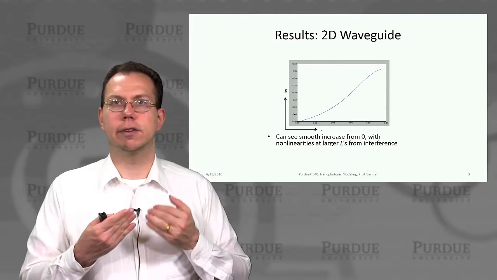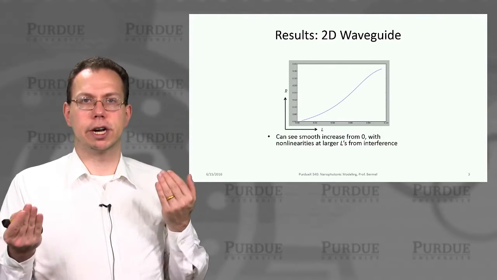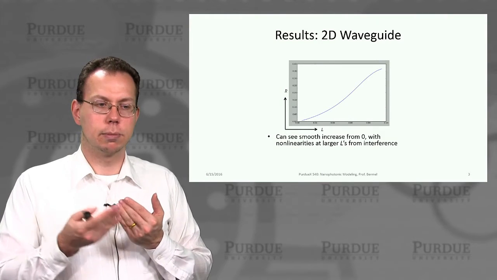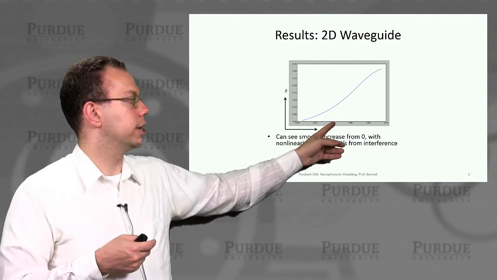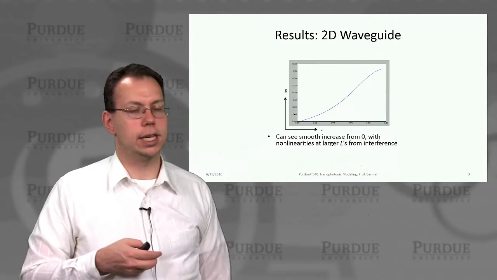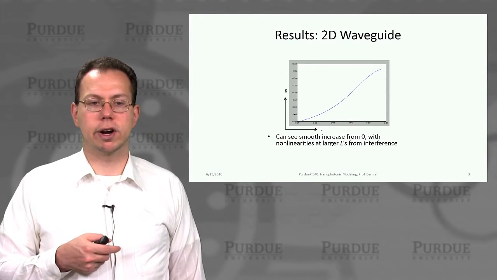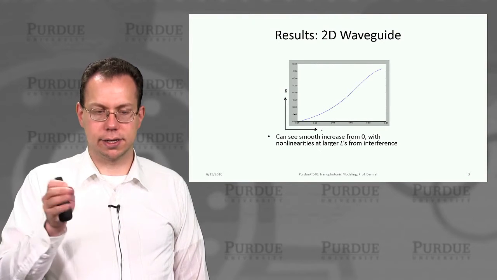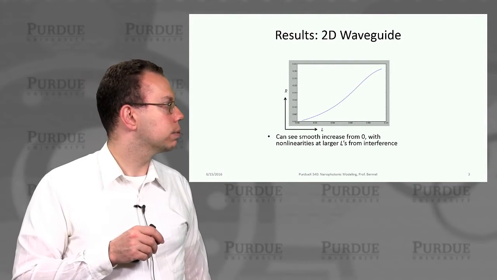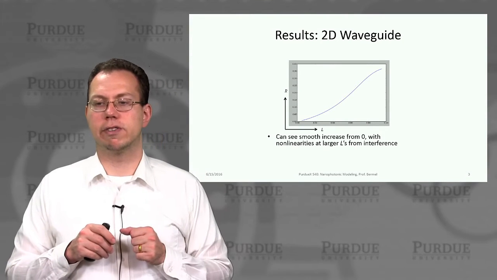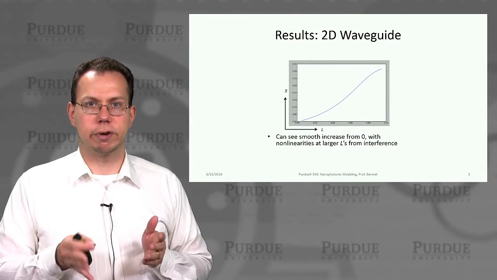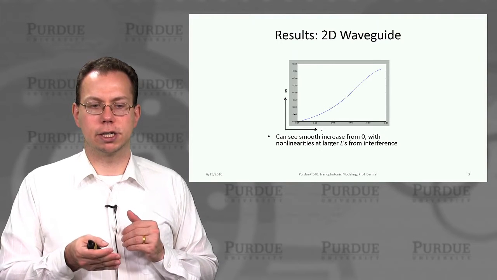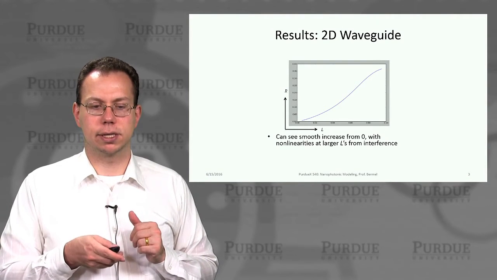Not surprisingly, if L is 0, then there's no reflection, right? Because there's nothing physically there to reflect it. But as L gets larger, of course, the reflection starts to go up. And you can see that it doesn't go up in a straight line forever. It does start to roll over because we're physically limited to a certain amount of reflection. In this particular case, it's rolling over around 35%, which very roughly corresponds to the Fresnel reflection of an air-gallium arsenide interface. So it seems logical.